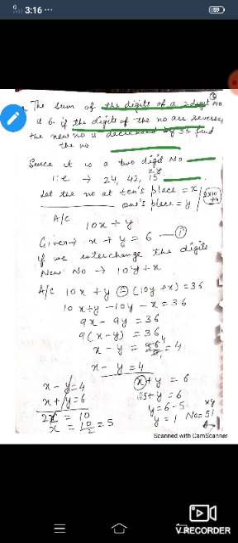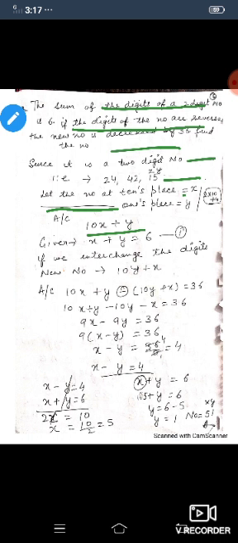So let the number at 1's place be y, and at 10's place be x. Suppose I am thinking of a number 24. It means I am thinking of 2 as x and 4 as y. Now he is saying the sum of the digits of a 2-digit number is 6. If x is at 10's place, and y at 1's place, the number will become 10x plus y. In the first line it is said that the sum of the digits is 6. It means x plus y is equal to 6.